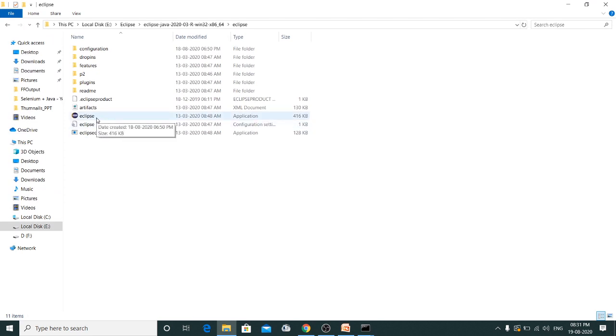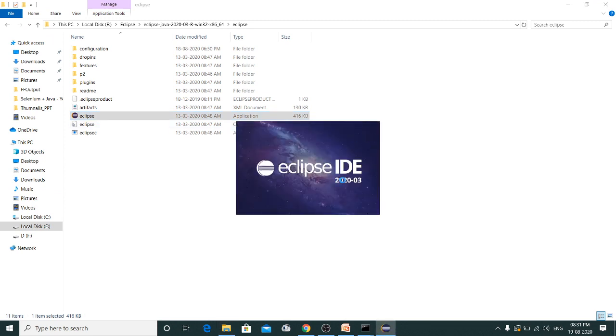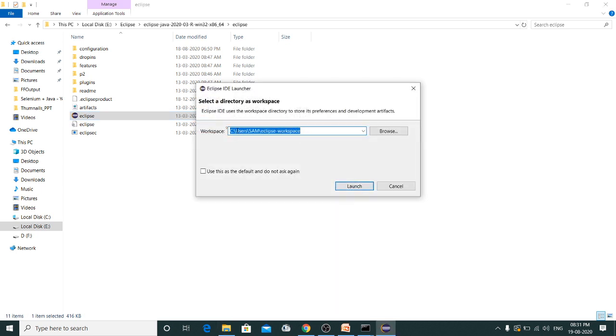Rather than installing, you can directly click on this Eclipse. It will launch Eclipse for you. It should not give you any errors. It should simply launch the IDE successfully, and you should be seeing a welcome page after launching. I'll show you how it looks. It asks you to create a workspace initially. See, Users SAM Eclipse workspace, it says. I would like to create my workspace in an E drive for safe side.